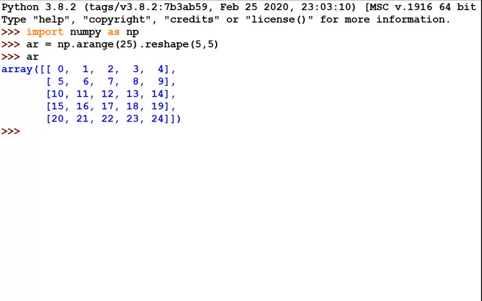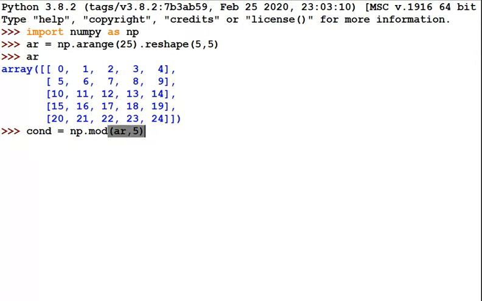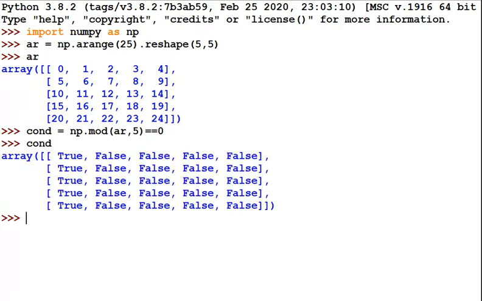So I want to apply some condition. This is the condition variable, and I am calling the same function here. The array name is array and 5, and that should be equal to 0. So look at the condition. It creates a two-dimension array of true and false. Look here, 0 is divided by 5 or not.